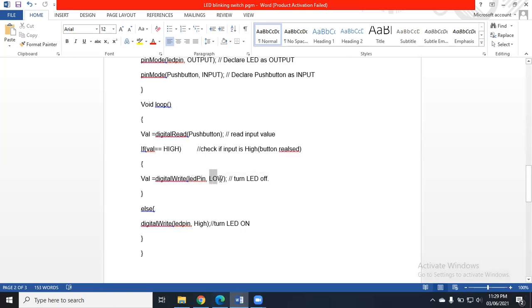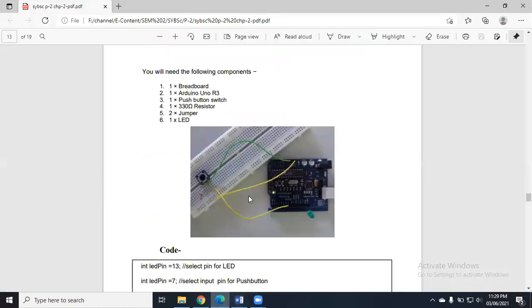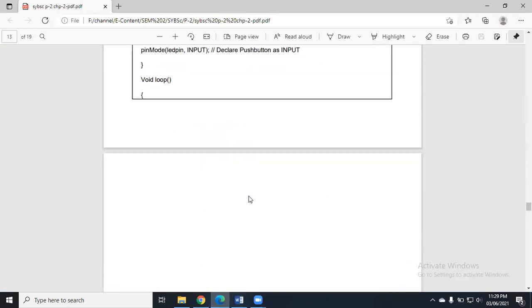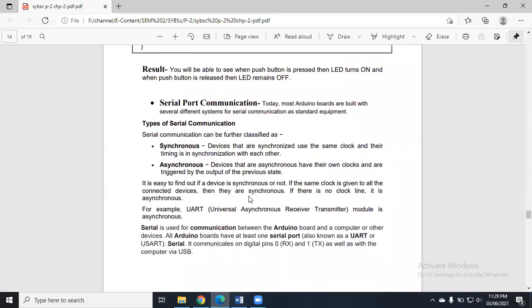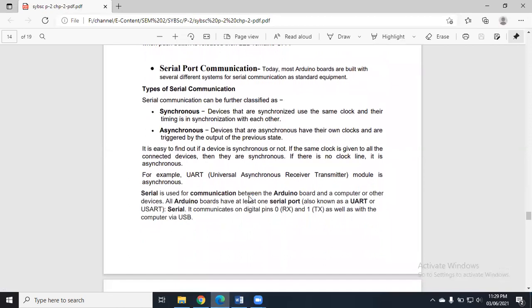The data is low, and this entire thing is stored in the val variable, correct? So this is the program, how we are using this push button to turn on and off the LED, correct? Once we are done with this, we have to move forward, and we have a very important parameter of your